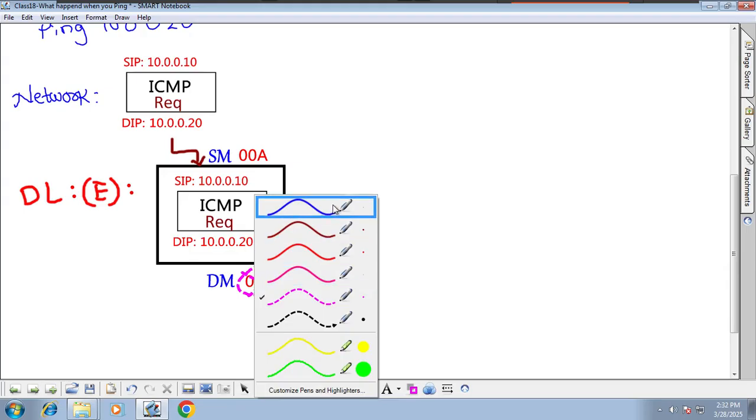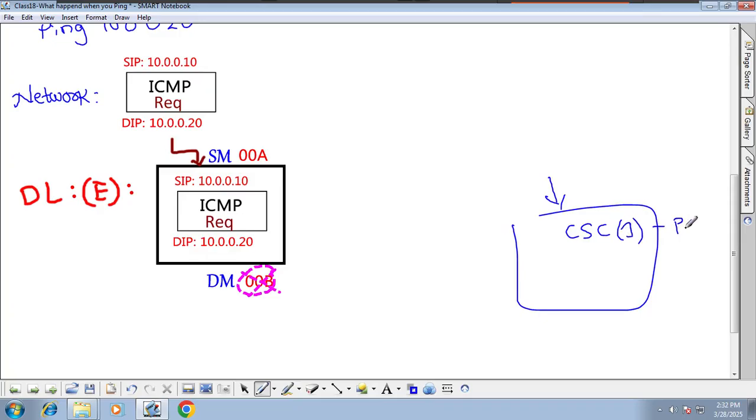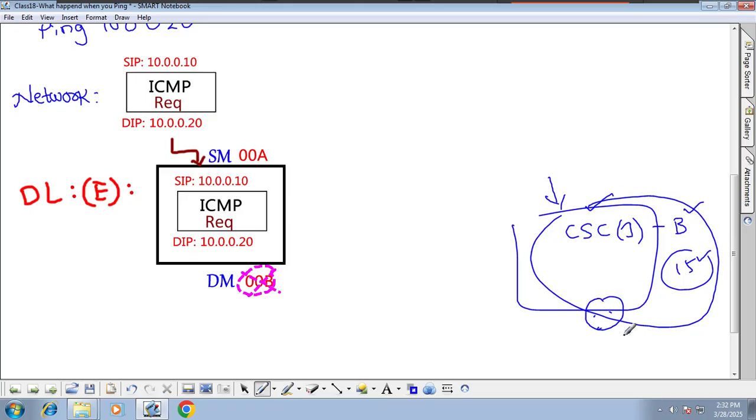I'll tell you one small example. You are trying to find a person in a college who is doing CSC, first year student, B section, and the roll number is 15. So you know the location, the department, the section, and the roll number, but you don't know the person. Just imagine like this. What will you do? You go to the department, inside the section and the classroom, and you see whose roll number is 15. There you can find the person. Similarly,